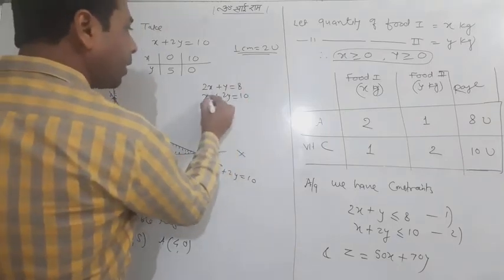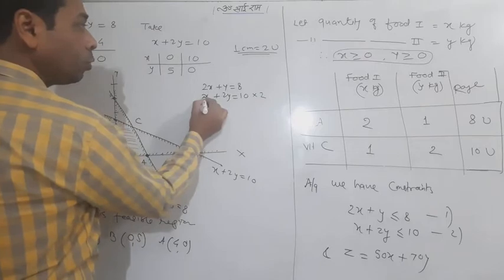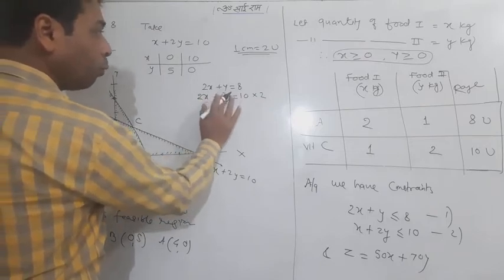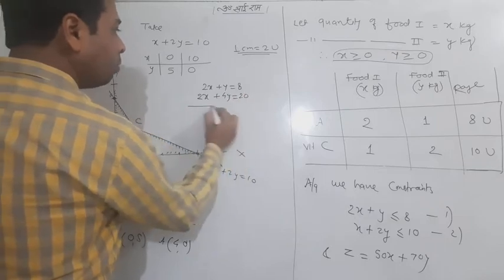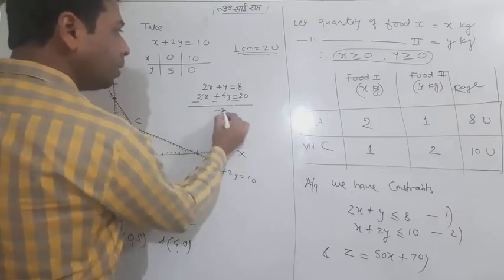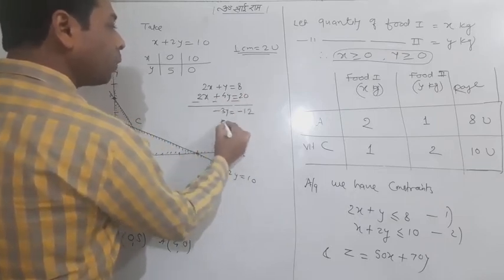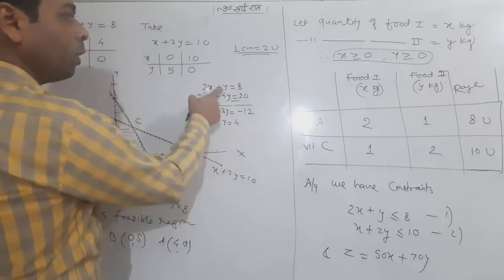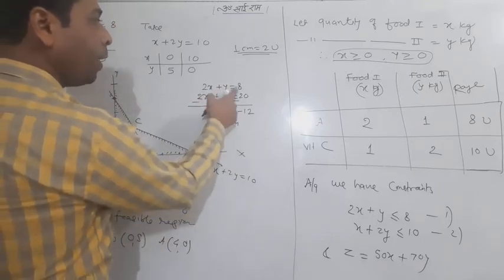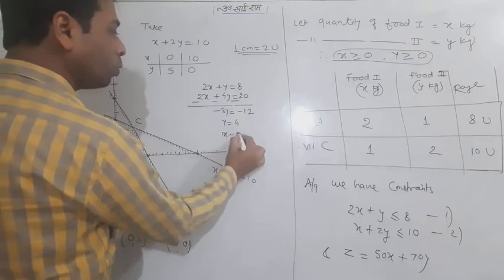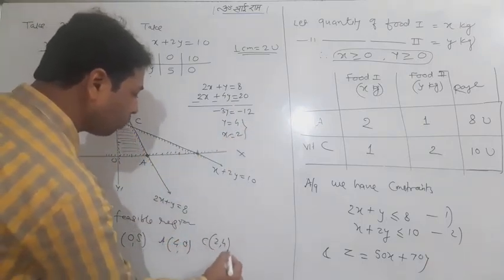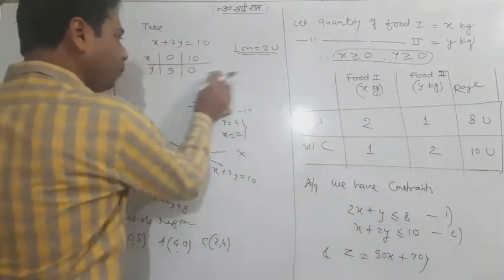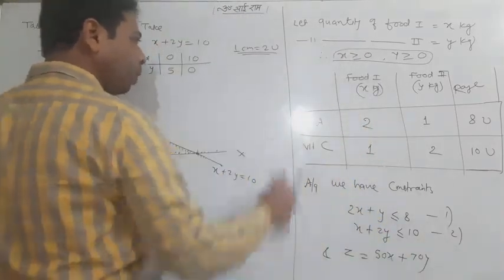So okay, how can we eliminate? Suppose we multiply by 2 here, so it's going to be 2 2s are 4, directly I'm doing, and 2 10s are 20. Now you can subtract it and cancel: 3y equals 12, y will be 4. Then 8 minus 4 is 4, x equals 2. So we have the point C as (2, 4). Student, this is rough work, we will eliminate it from the answer.